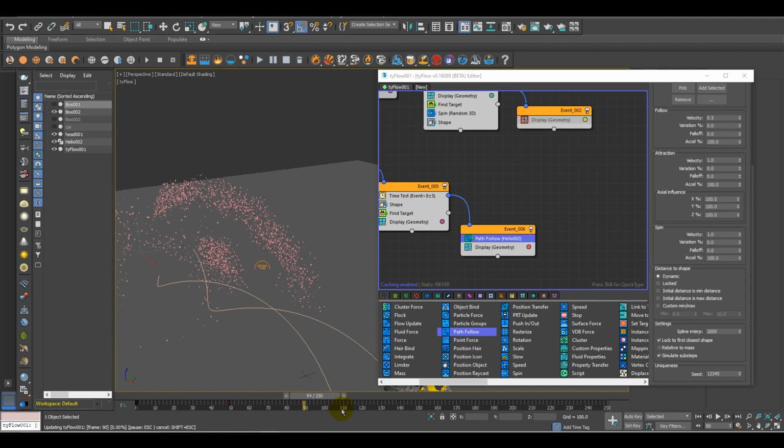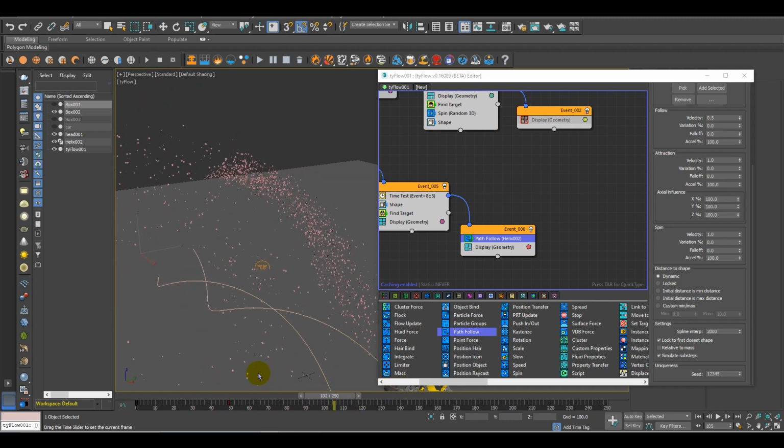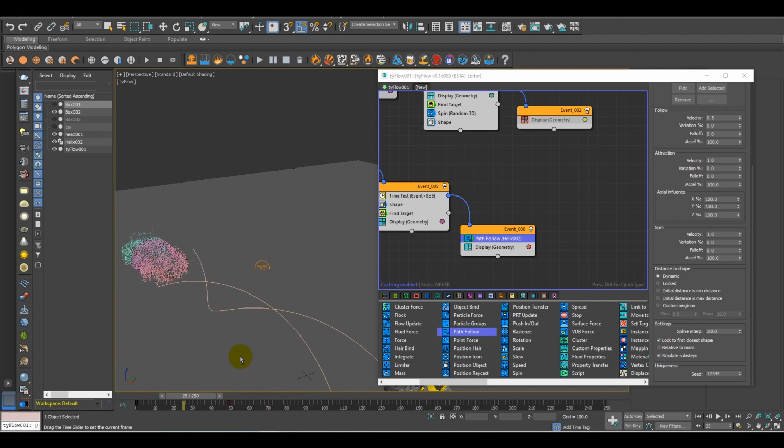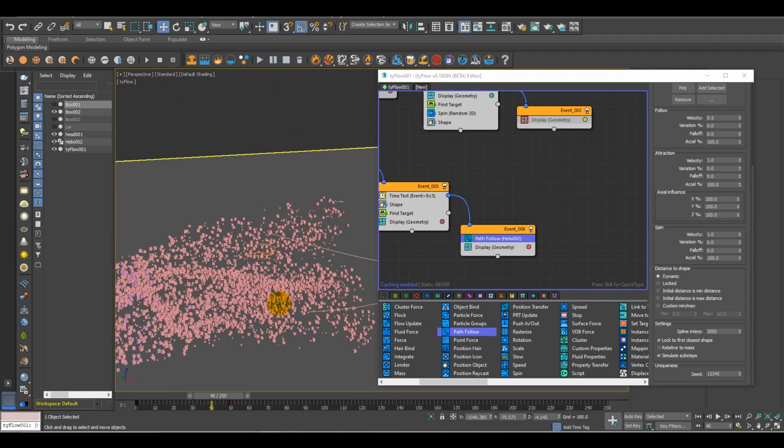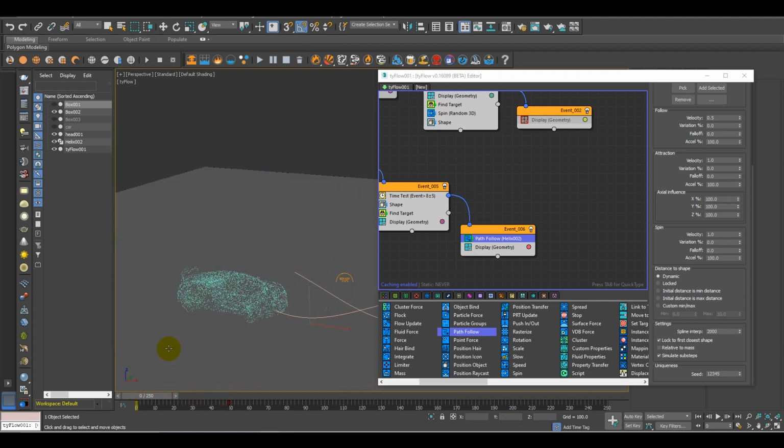So you'll see it started moving, but it's not getting attracted to the object or the spline. It's going good, but I need it more perfect, so let's make it more perfect.